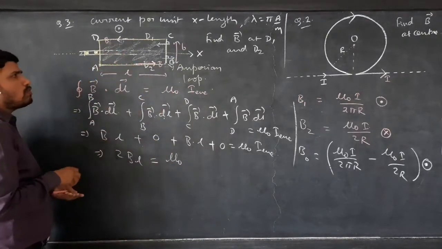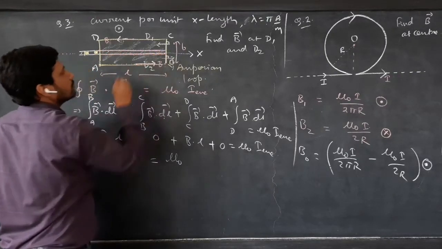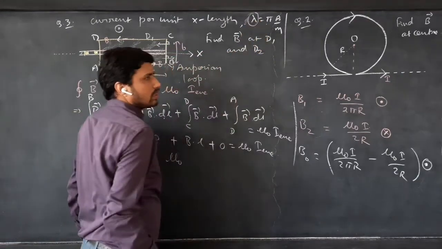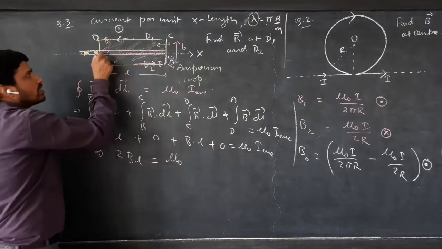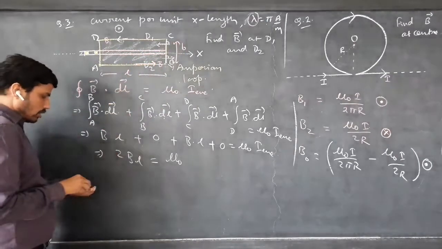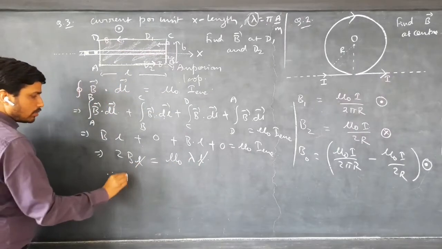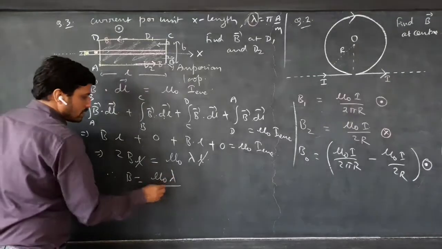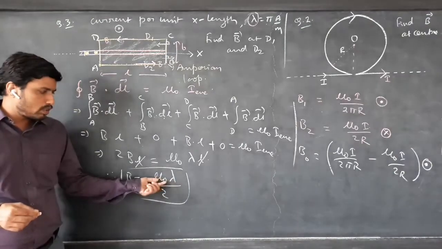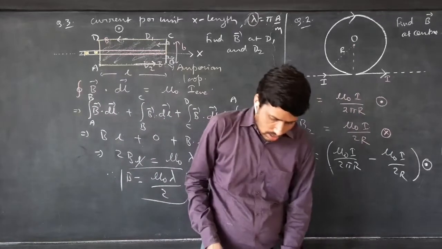Now, through this flat surface, how much current is coming out? So, current is coming out in this particular segment, that is I. Per unit length, how much current is there? Lambda. I'm not putting the value pi. So what is this length? L. So what will be total current that comes out? Lambda into L. So I enclosed will be simply lambda times L. So L will cancel, and therefore B will become mu naught lambda upon 2. The numerals, you can put the values. Lambda is equal to pi. Mu naught is 4 pi 10 to the power minus 7. You will get some answer.